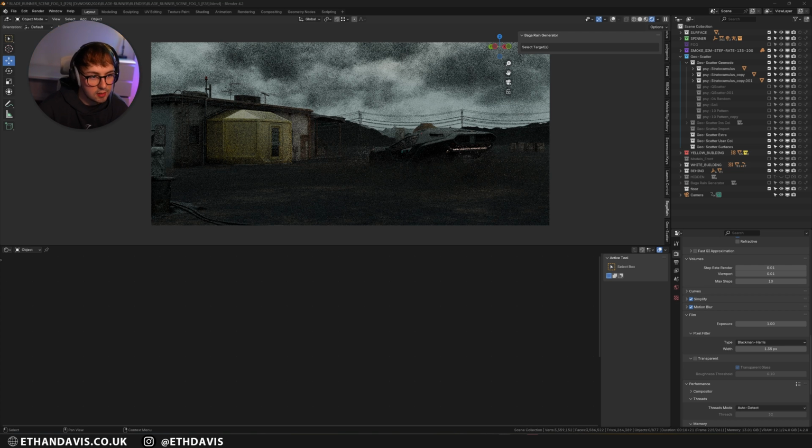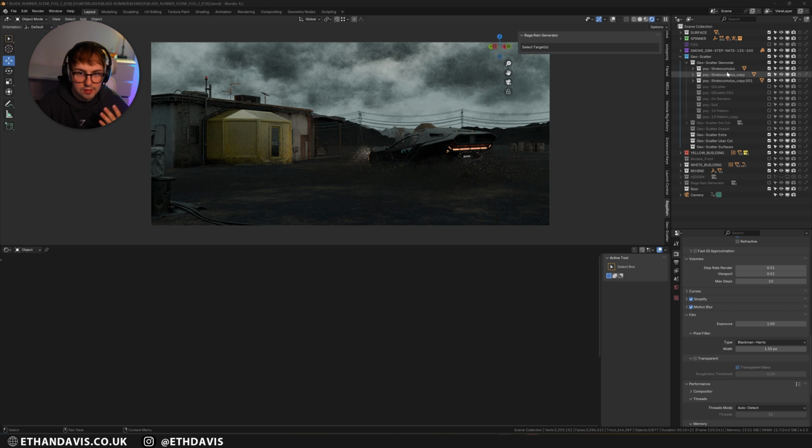Now, something that I nearly completely forgot to mention is that my sky is actual clouds. This is something I've been doing a lot recently, not skimping out on things like this. In the past I've used HDRIs, and sure, that can work. But when you're doing animations, there's so much that needs to happen for it to look real, and one of those is that clouds move across the sky, right?